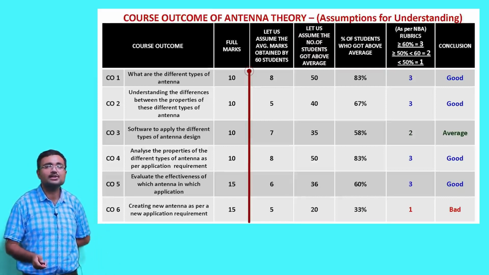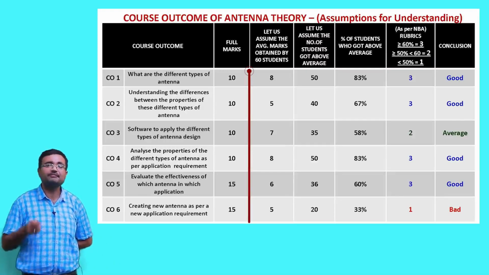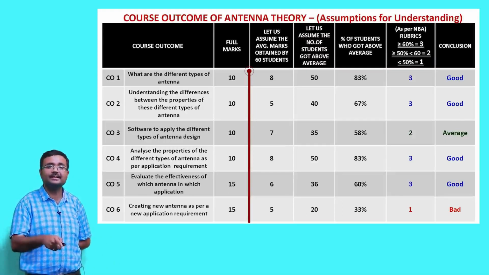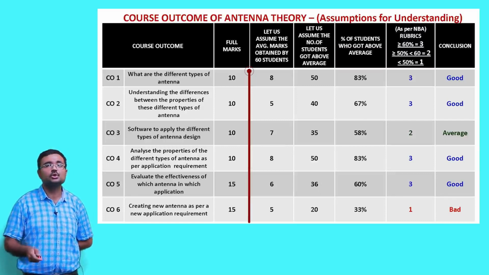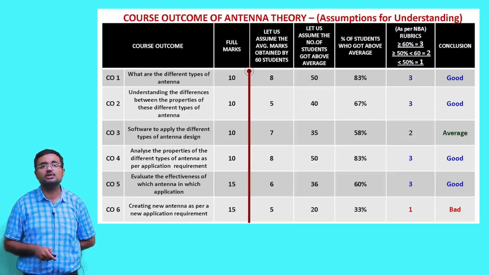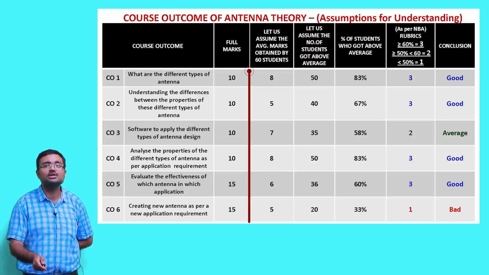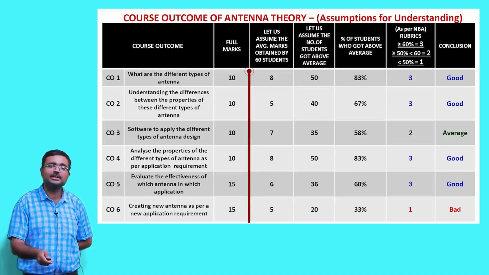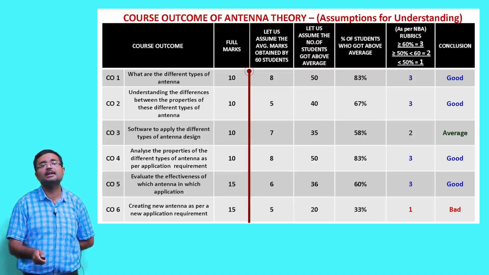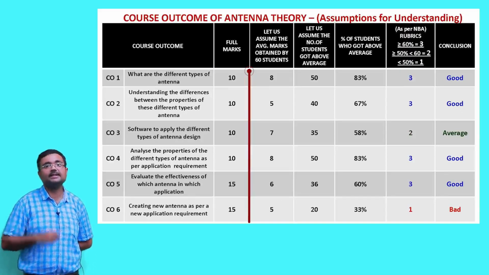So, if 30 marks is on CO5 and CO6, definitely the student who can create will get better marks. So, 15 marks and 15 marks on CO5 and CO6, CO1 to CO4, 10 marks, 10 marks, 10 marks, 10 marks, makes a total of 70 marks for external. 30 marks internal can also be divided similarly. But 70 marks: 10, 10, 10, 10 makes 40, 15, 15 makes 30, 40 plus 30, that is 70 marks total on this antenna theory question paper.